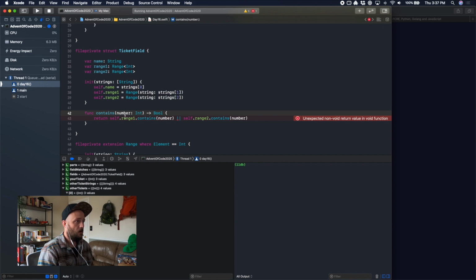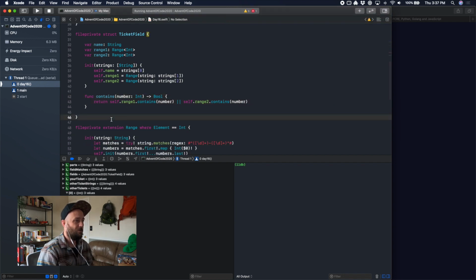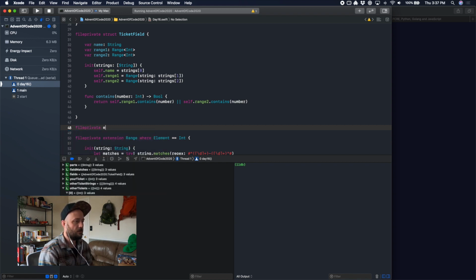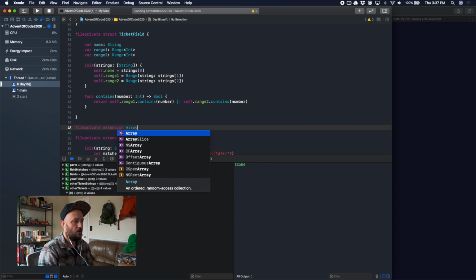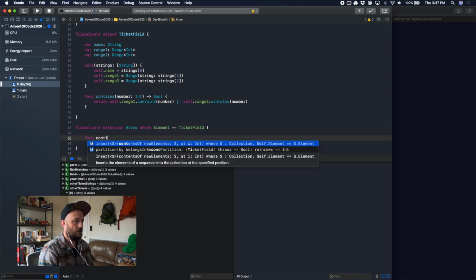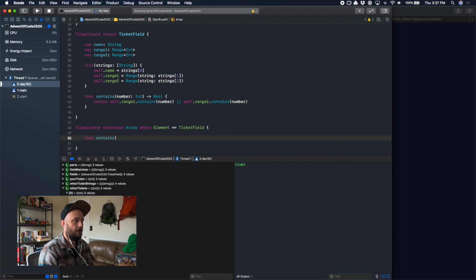And then to make our code just a little cleaner, I'm going to make an extension on array where element equals ticket field, and we're going to say func contains,